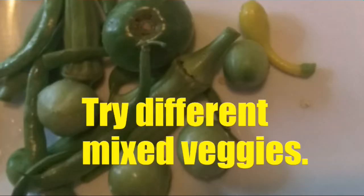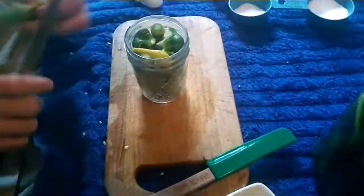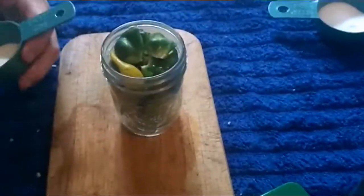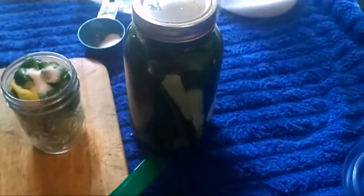And this other jar has not got any hot stuff in it, but look at all the different stuff. It's going to have green tomatoes, okra, green beans, and a little itty bitty tiny baby yellow squash in the jar. And for this one, we're using 1 teaspoon of salt, 1 teaspoon of sugar. Halfway up with the vinegar, with the vegetables already in it, and the rest of the way with water,